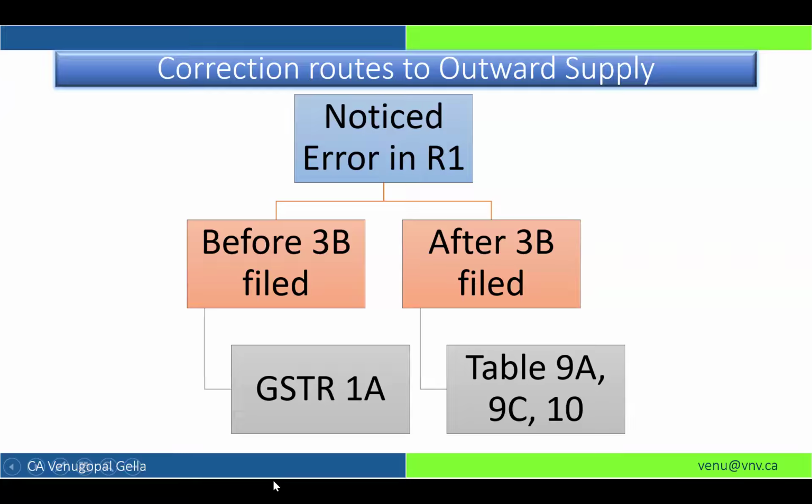Now, when Ashika was saying about correcting, where do I correct? How do I correct? If I have not reported it, I will report it in my original reporting table, that is table 4. If I have wrongly reported, like those examples which Ashika has given, short value reported or wrong GSTN, etc., then I will correct it in GSTR 1 table 9A, and if it pertains to credit notes and debit notes, table 9C, and if it pertains to B2C supplies, table 10. These are the two places where you will be making corrections. Ashika, please go ahead.